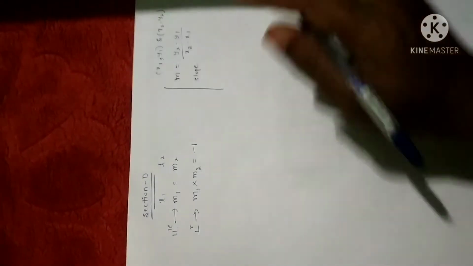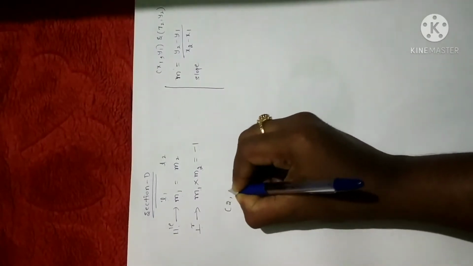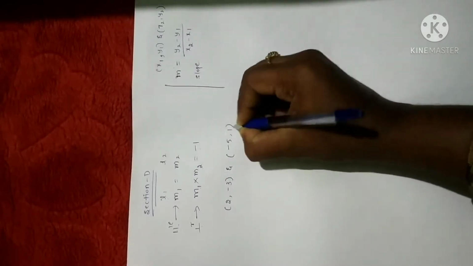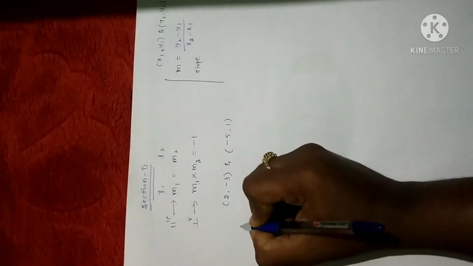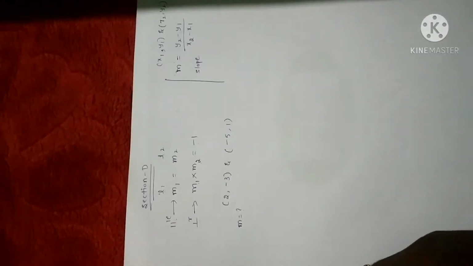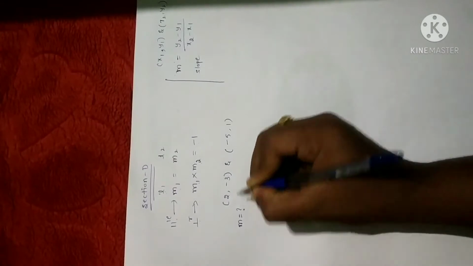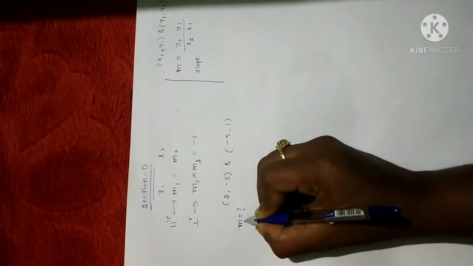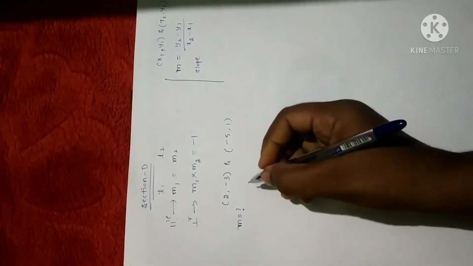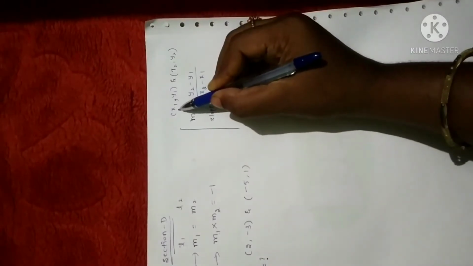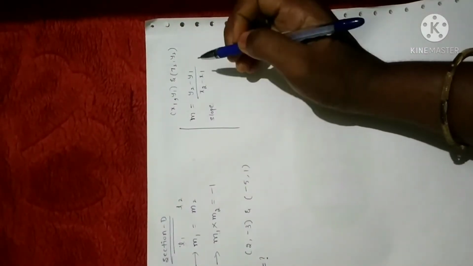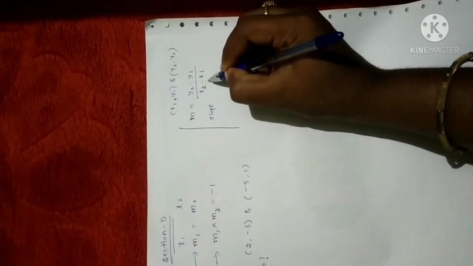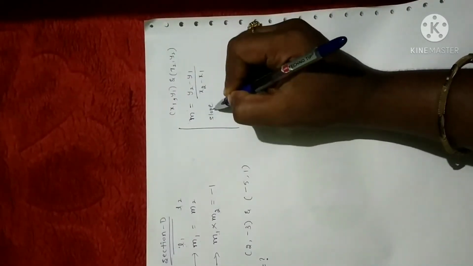Let me give you an example. Suppose, let me take the coordinate points 2, minus 3 and minus 5, 1. First, let me explain how you are going to find the slope. Sometimes this question will be asked for 2 marks. Since two coordinate points are given and they'll ask you to find the value of m, that is finding the value of slope. So as I already said, when two coordinate points x1, y1 and x2, y2 are given, you have to make use of the formula m is equal to y2 minus y1 divided by x2 minus x1 to find the value of slope.